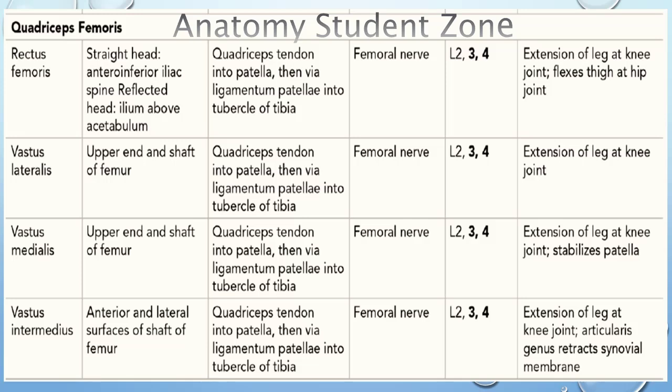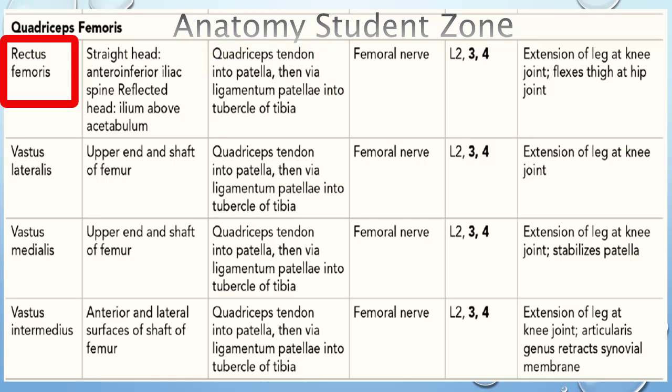We can see the first muscle of this group is rectus femoris. It is having two heads, the two heads that I have mentioned earlier. They are going to take origin from the anterior inferior iliac spine, and also from a groove that is above the acetabulum. Then both heads are going to attach distally to the quadriceps tendon into the patella. You can see over here as well.